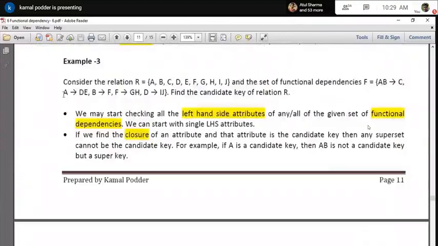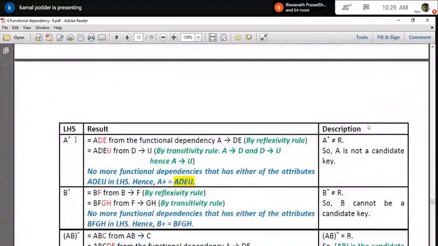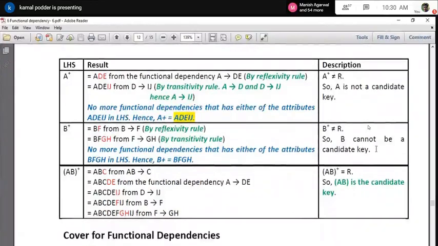Say suppose A and B, and F, G also, the single attributes on the left hand side, then I try to find out what A plus is. If you try to find A plus with the same procedure, then A plus will be A, D, E, I, N, J ultimately. So it is not representing the full relation. Okay, it is not a candidate key. Similarly for B plus, you can try to find the candidate key, and here also you'll find that it is not a candidate key because it is not representing everything. B, F, H, G is the only closure.